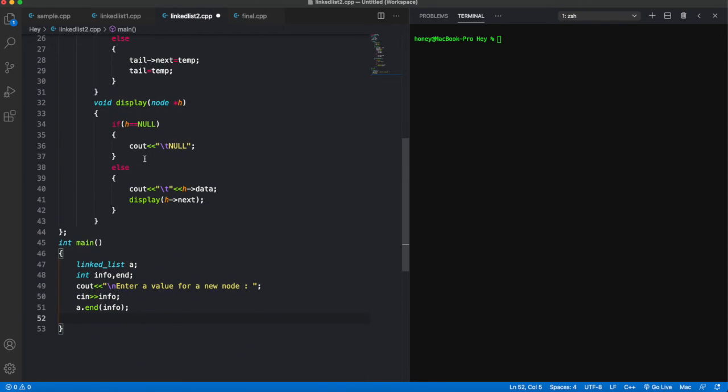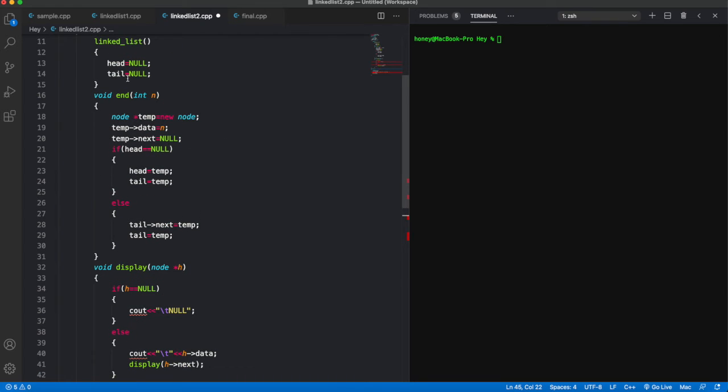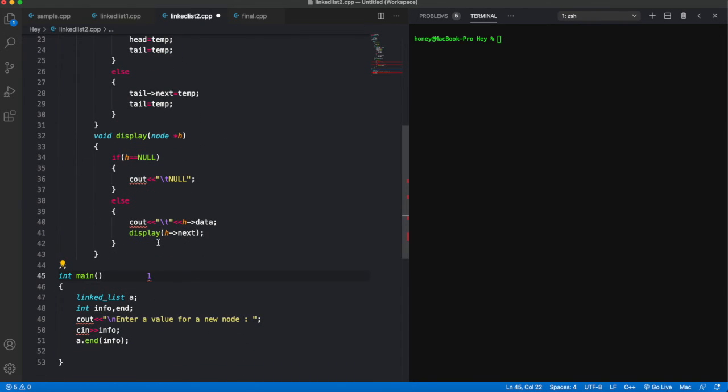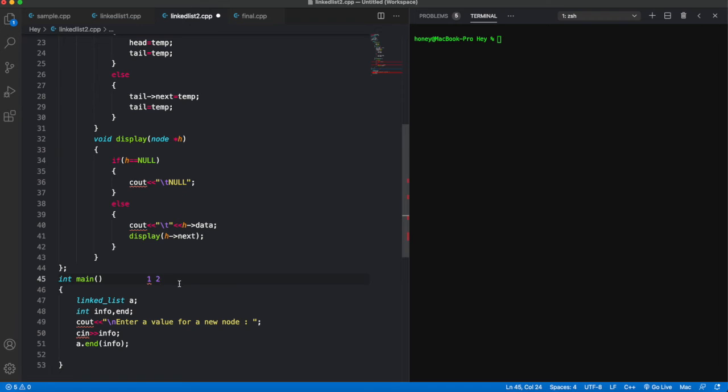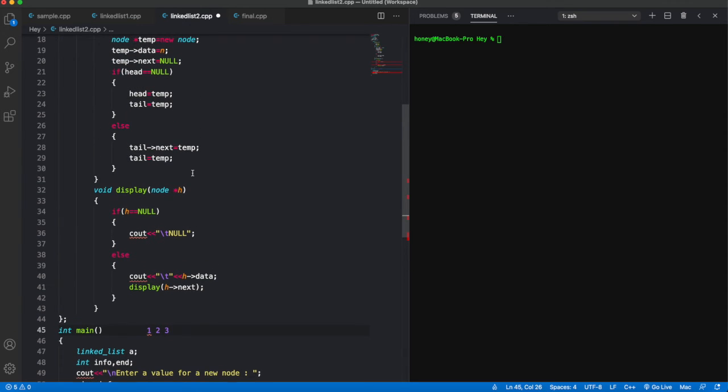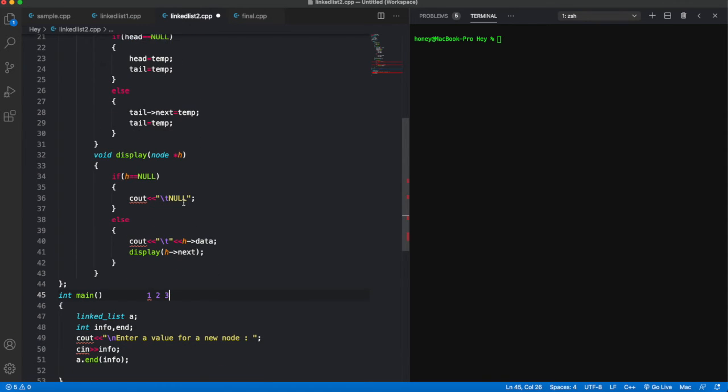Now you should look here that, let's say, we passed 1 in this function, so it will create a new node. Then we are passing 2. Now when we pass 2 to the function, it will definitely insert it after 1. If we pass 3, it will again insert it after 2. So we can say creating a node is very nearly equivalent to adding a node at the end of the list.